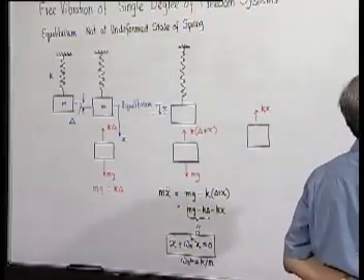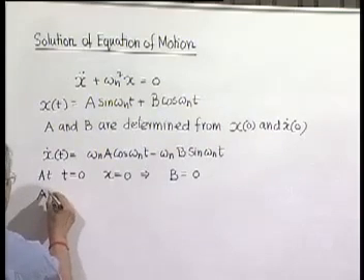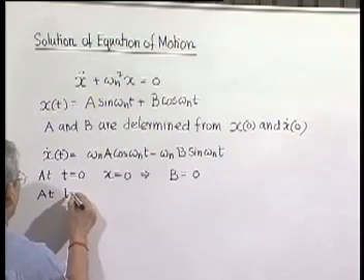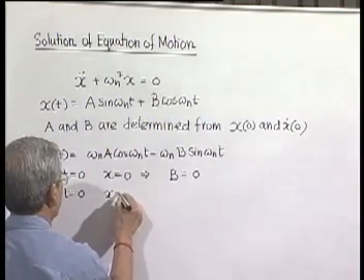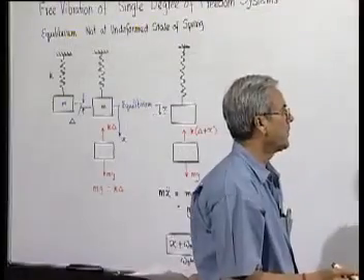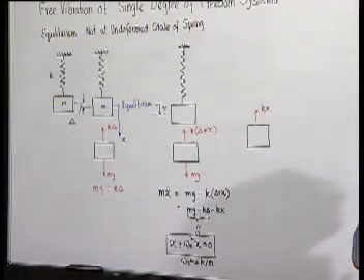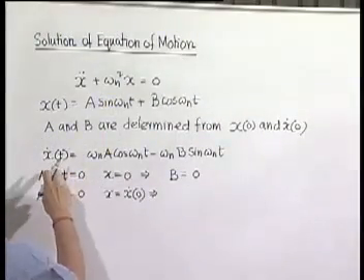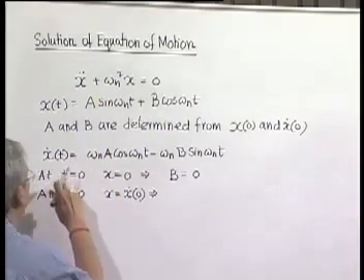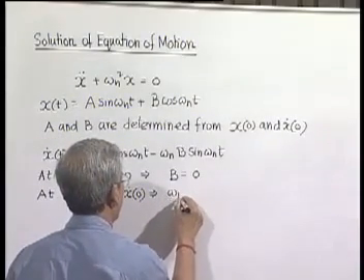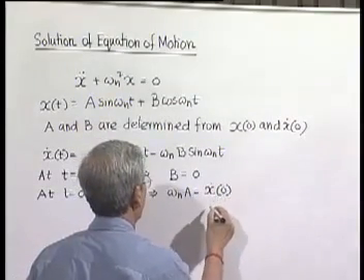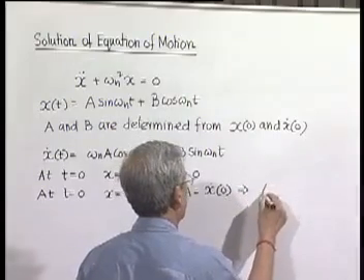Similarly, at t is equal to 0, x dot is equal to x dot 0. We cannot say both are 0. So then what happens? We substitute t is equal to 0, so omega n A is equal to x0 dot. So we get omega n A is equal to, so that gives us A equal to